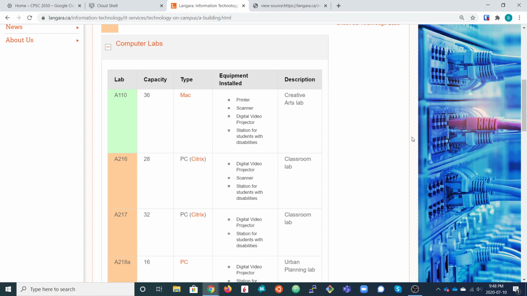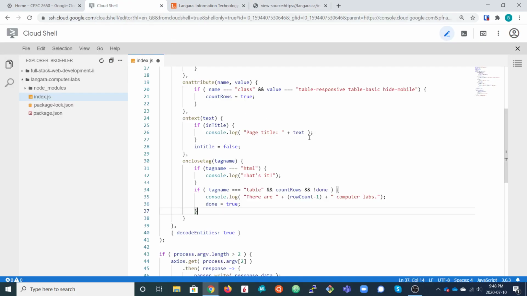So our row count variable is going to be counting the heading row as well. So the actual number of computer labs is one less than that value. So we report that out, and then the last thing we do is set this done flag variable to be true.